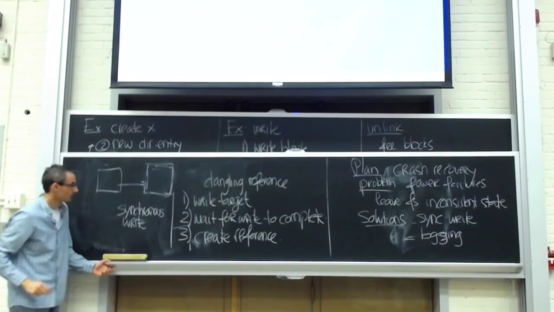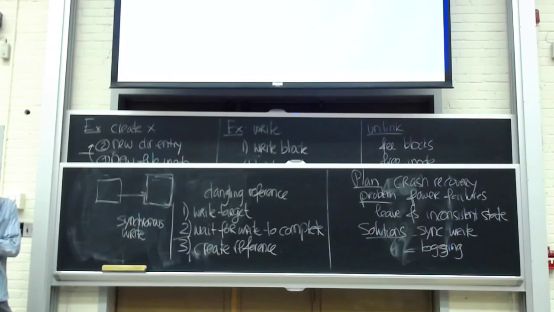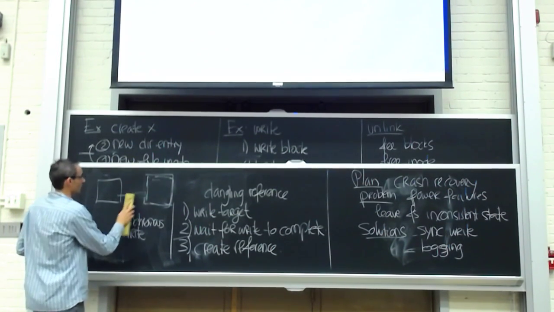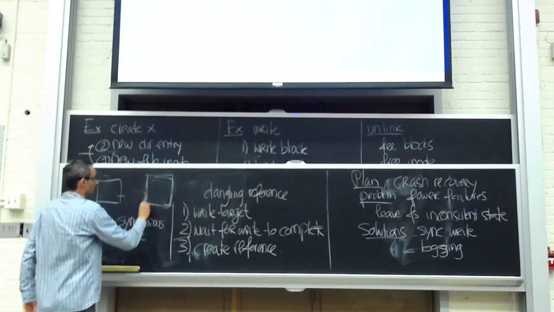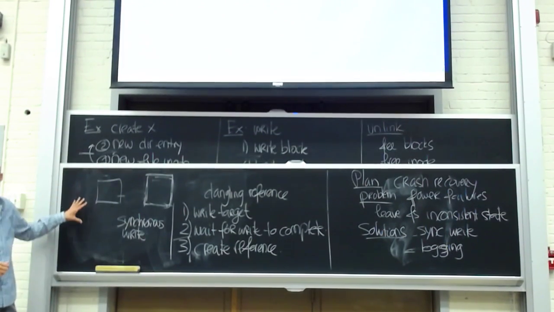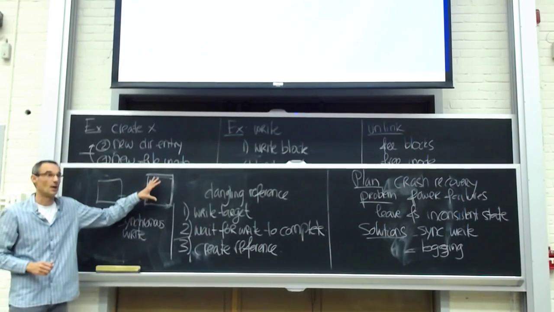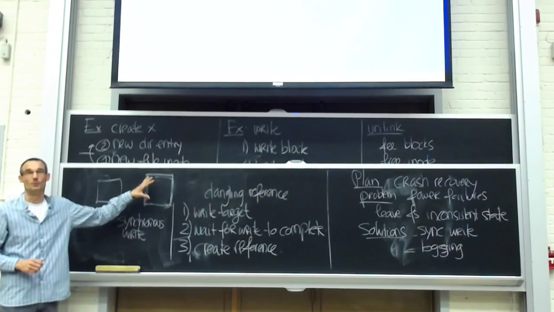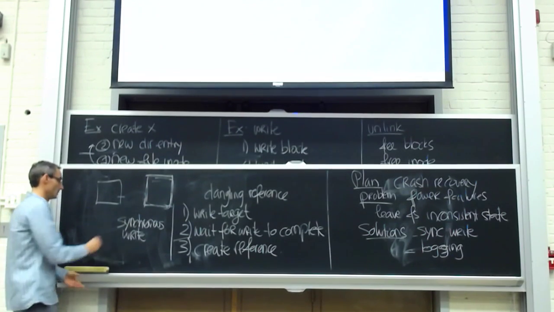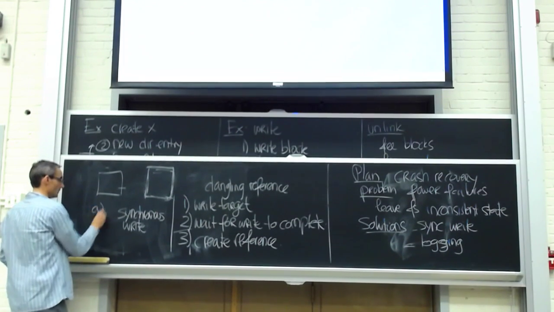That's one synchronous write here, but that's not completely sufficient, right? Because we can still have the scenario where the reference is not created, but the block has been allocated. And now we have a file system and data structure where everything is consistent internally, except there are some blocks that are not on the free list, even though they should be. And so there's a second part to this: step 1A is doing the synchronous write,